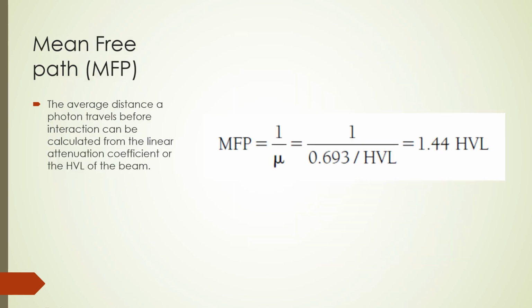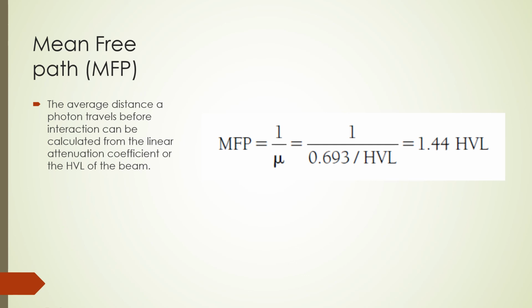As an X-ray photon travels through a material, the average distance it travels before interaction can be calculated from the linear attenuation coefficient or the half value layer of the photon beam. This is called the mean free path. The mean free path is given by 1.44 multiplied by the half value layer. Different energy photon beams will have different half value layers, with higher energies having higher half value layers. So the mean free path will increase with the energy of the photon beam as the half value layer increases